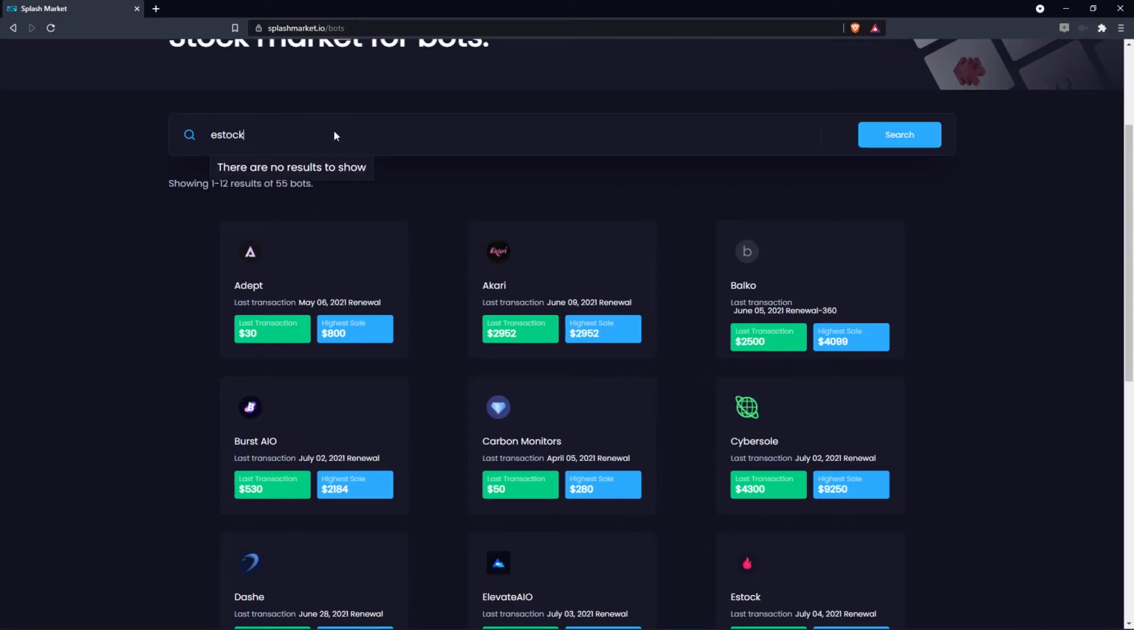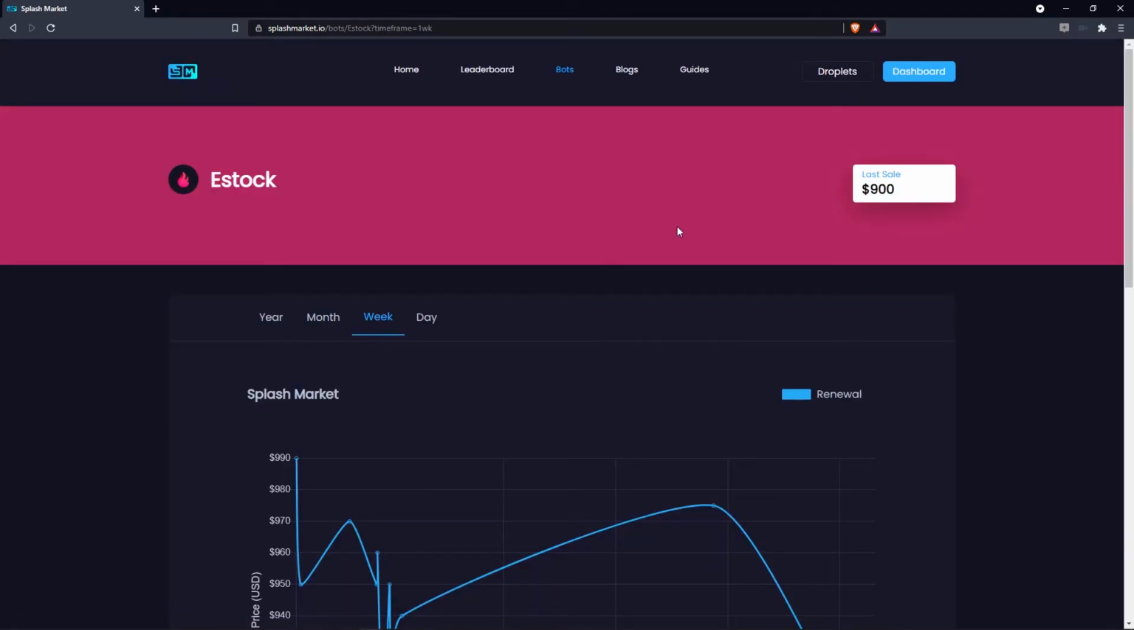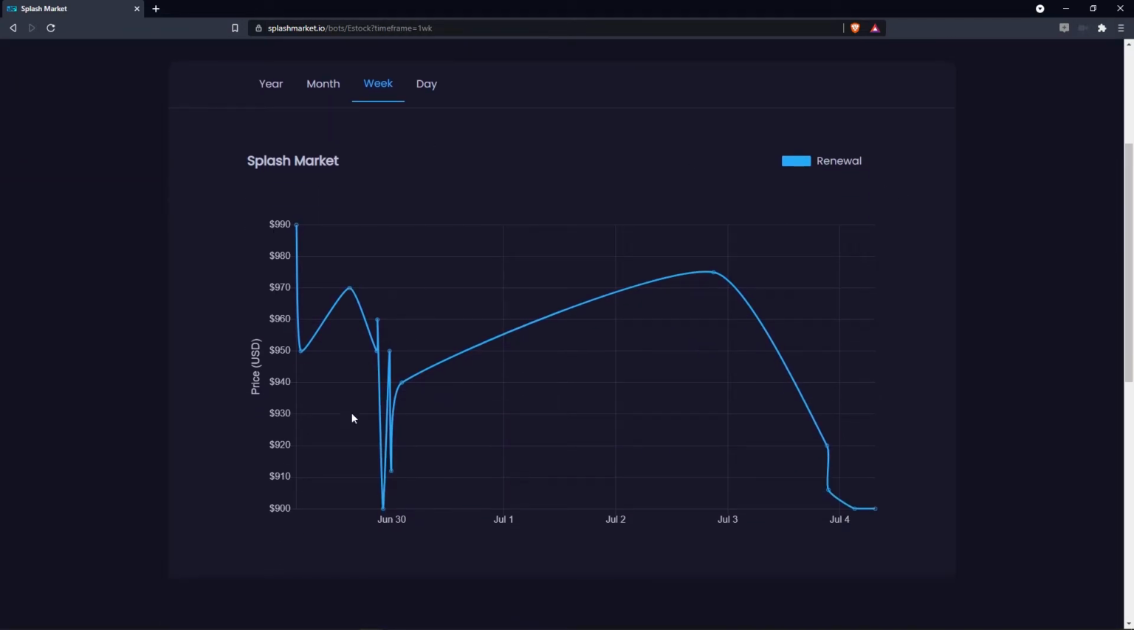You can also search through bots at the top as well. So if I were to type in eStock and hit search, you'll see that eStock comes up. But let's go ahead and click on it. Once you click on a bot, you'll see everything here. You have a color banner matching the bot. You have the picture, the name, the last sale amount, which is $900, and then you have a graph here which can be filtered between year, month,